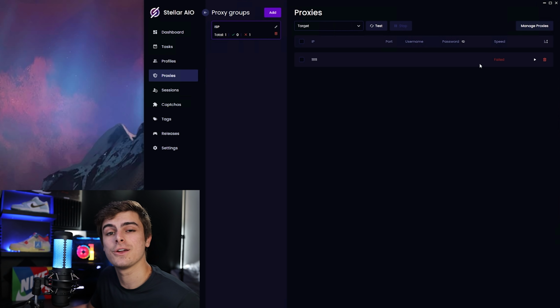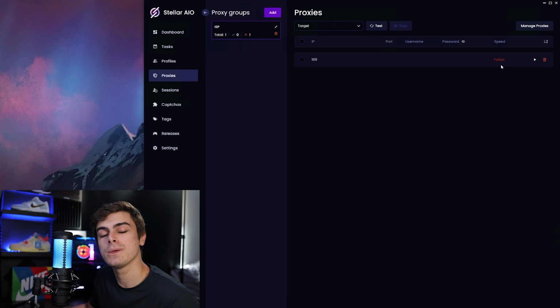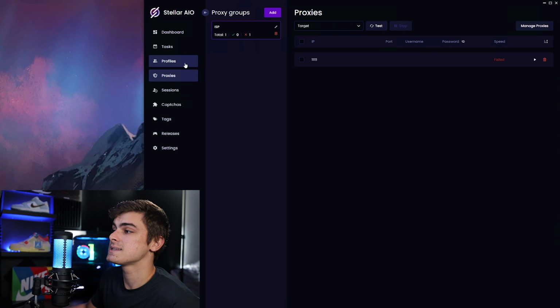But if you do have a good working proxy, you should get some number here, and realistically you would probably want it to be under 200 milliseconds if possible. So once you get some good working proxies and you insert it into your proxy list, you are pretty much good to go there, and that's actually going to lead us into the next tab,